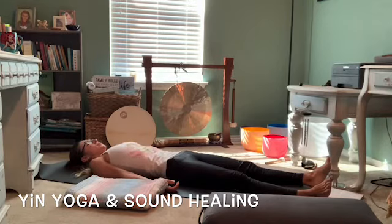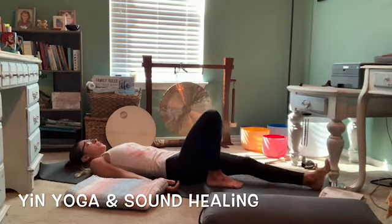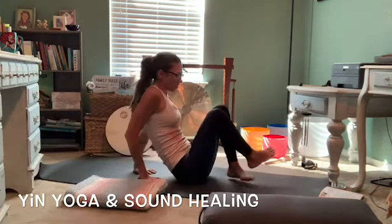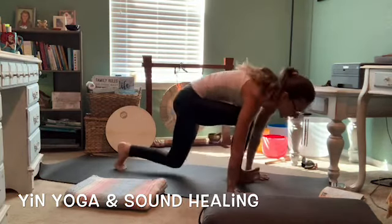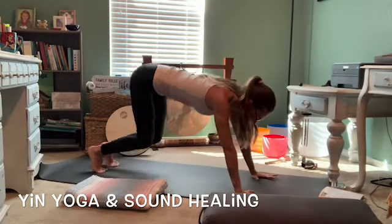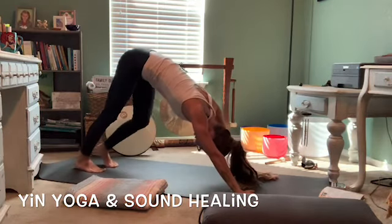And slowly coming back up so you can bend your knees, bring the feet on the floor, go on your forearms, slowly bring yourself up to tabletop once again. And then we're gonna do the opposite side. We're gonna go through our downward dog. So pressing your hips up towards the sky. If you need to walk a dog,